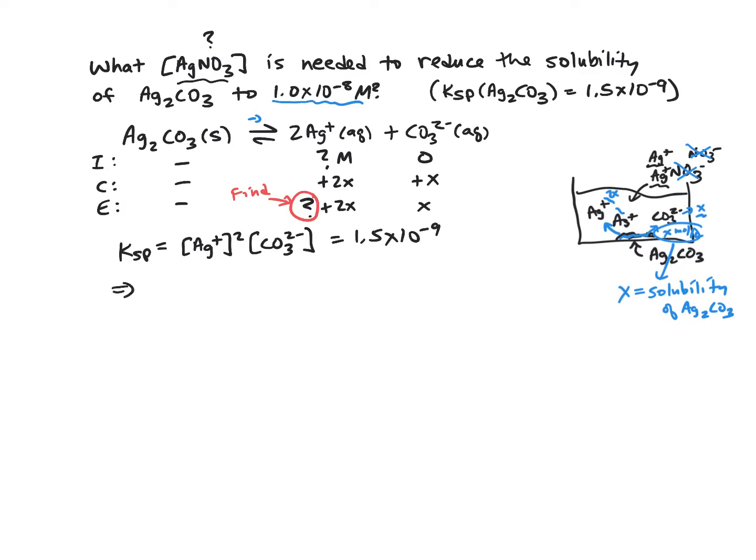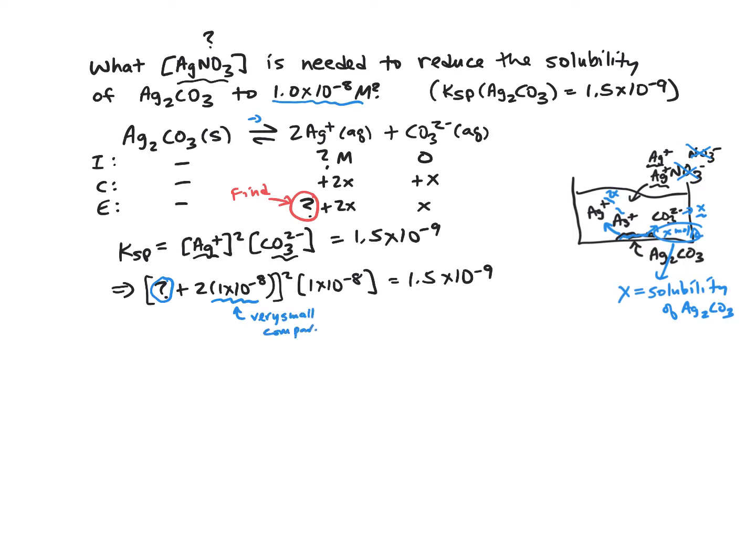of the silver carbonate, and we know that that's 1 times 10 to the minus 8th. So what this means is the silver ion concentration is going to be question mark plus 2 times 1 times 10 to the minus 8th, and then that whole thing gets squared. The CO3 2- concentration is 1 times 10 to the minus 8th, does not get squared, and that equals 1.5 times 10 to the minus 9th. And now notice 2 times 10 to the minus 8th is probably very small